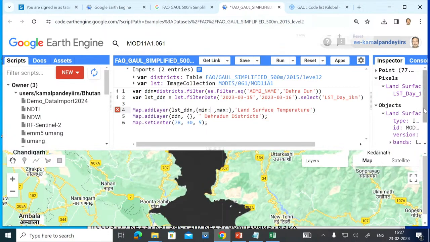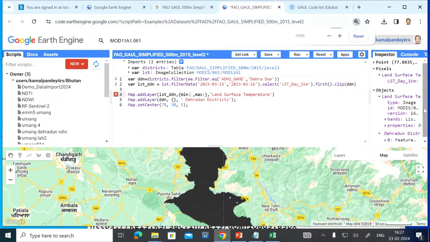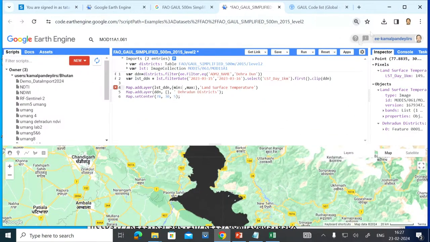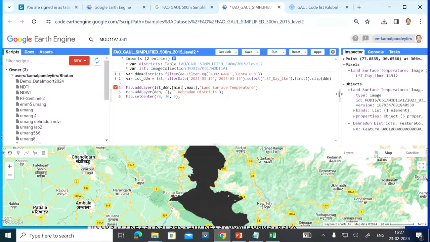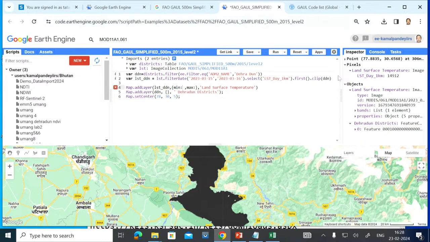I will zoom down a little bit like this. Okay, you can see here it is showing 14912. These temperatures are in Kelvins only. You need to convert them to degrees Celsius also, not Kelvin, but I will just put these numbers here first of all. 14912 is some value coming over here.